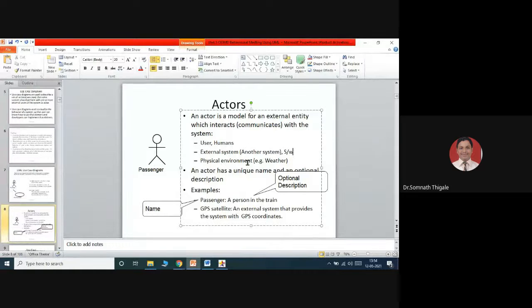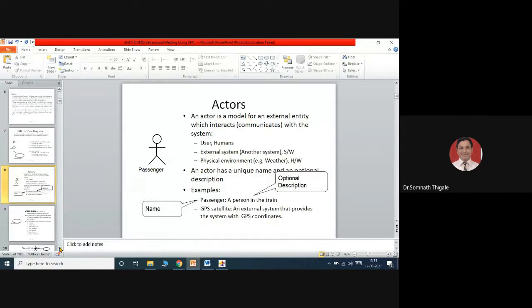And physical environment, which I can consider as part of other hardware also. Other hardware like printer, scanner, you can consider a camera also. So that is what physical environments we can consider to understand the simplest part of an actor. Getting it? So we need to first identify the actors of the system.